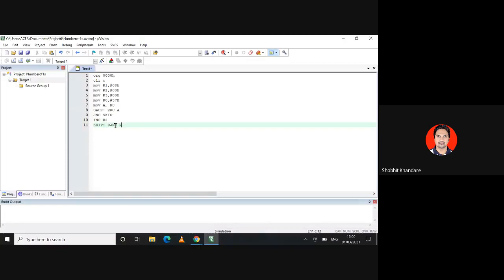You have to decrement your R1 and jump if non-zero. अगर मैं डिक्रीमेंट करूंगा तो R1 मेरा क्या होगा, 08 था पहले, डिक्रीमेंट करने के बाद अभी 07 हो गया, लेकिन वो R1 0 हुआ है क्या, नहीं। तो डिक्रीमेंट एंड जंप इफ नॉन जीरो, जब तक जीरो नहीं होता है R1 तब तक मुझे कहाँ जंप करना है, अगेन मुझे जंप करना है बैक, यहाँ पे जंप करना है। सो DJNZ R1, BACK.